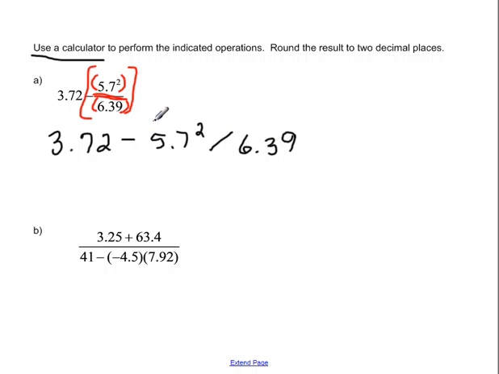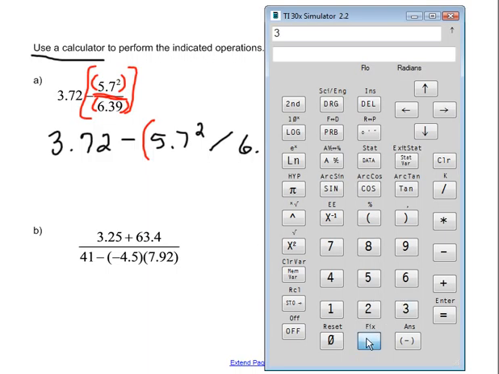But if I wanted to be really safe, I could go ahead and put this part into parentheses. Now the division is going to make sure that everything here is going to happen before the subtraction, because my calculator does order of operations. So let me just pull this up and let's work this one through. So 3.72. From that we're going to subtract, and I said I'm going to use parentheses here, 5.7, and we're going to square that, and that's going to be divided by 6.39. Because I opened the parentheses, I want to be sure that I close the parentheses, and when I enter that in, I get negative